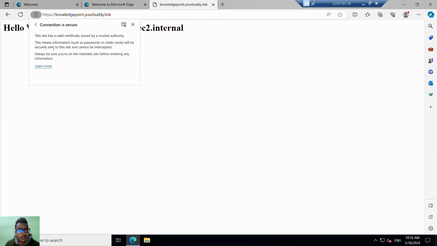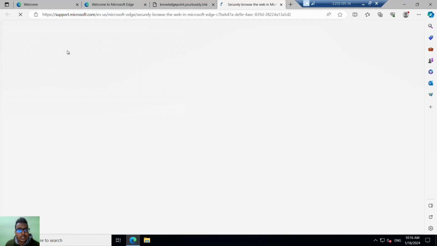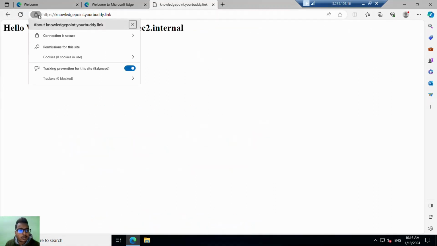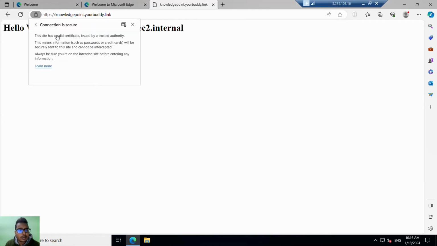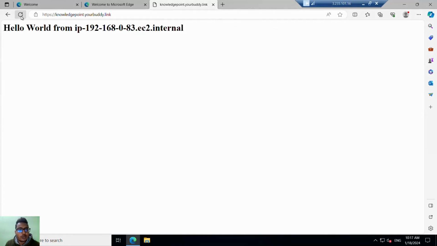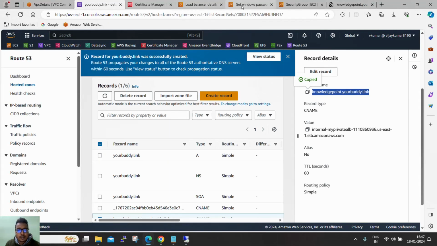You can see it is having a valid certificate. Okay, you can see this is having a valid certificate. It is expiring on this day. And so here you can see this IP 192.168.0.83. It is the,